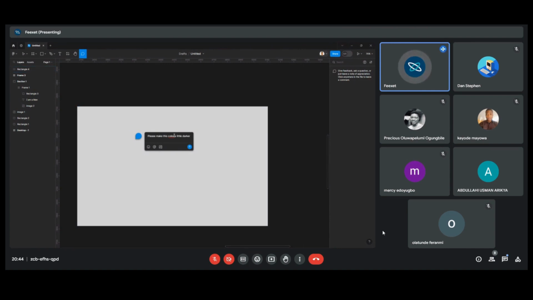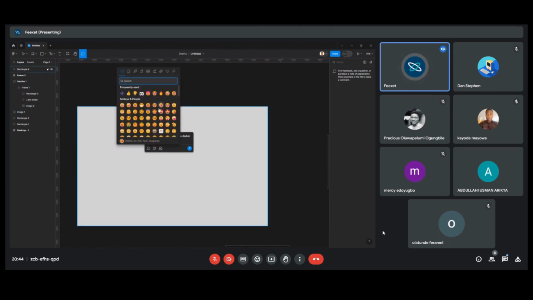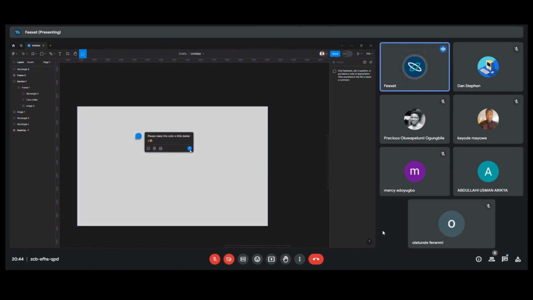Then you can even put an emoji, or you can just do something simple, or you can mention your name, or you can use any emoji here, and he clicks enter. It saves as a comment. Then when Dan Steven comes online, he will see the comment and he will say, okay,